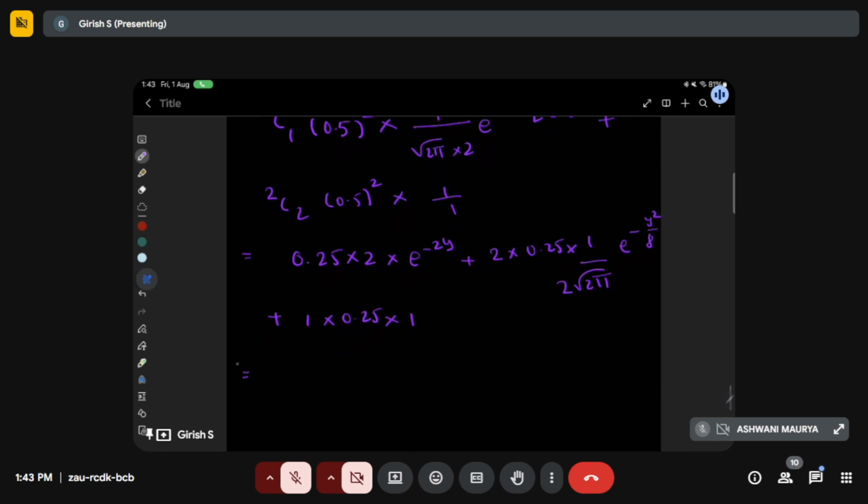So I can write it as, I'll just take this 0.25 common, which is 1 by 4, 2 into e power minus 2y plus, this 2 and this 2 can be cancelled. In fact,